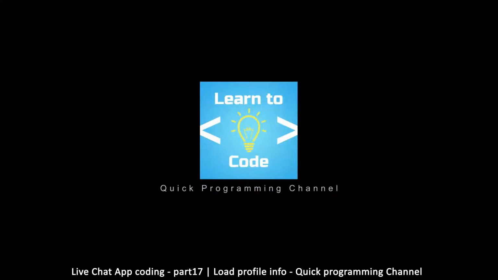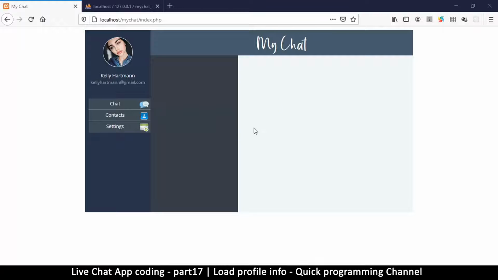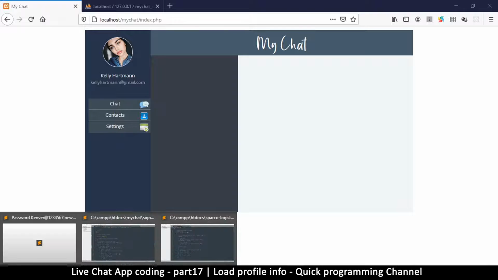So now that we've created our sign up page and actually signed up, we want to see how to collect the data from the database to bring it here. Now we can't use PHP to collect the data. We don't want the data to already be here once the page is loaded. So we want it to be loaded using AJAX or JavaScript. So what we want to do is go to our